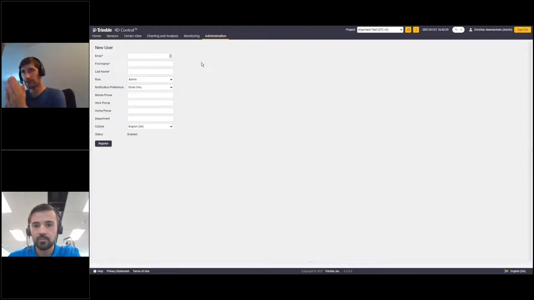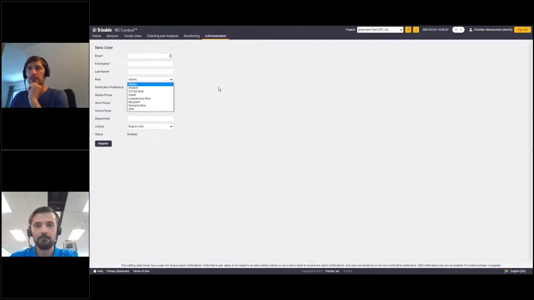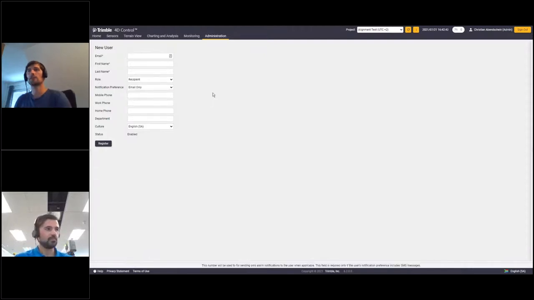So the reason why I'm in the accounts page is because I would like to show you another new feature of T4D. We have introduced a new user role, which is called recipient. And what is this new user role about? So the recipient user role allows you to get reports without the need to accept any invite for T4D web,